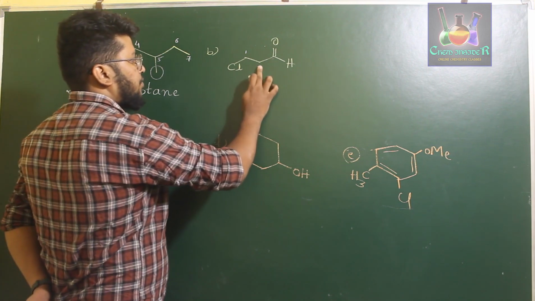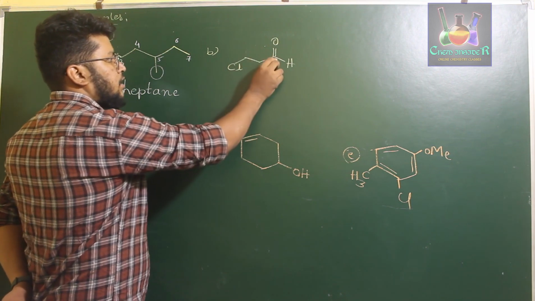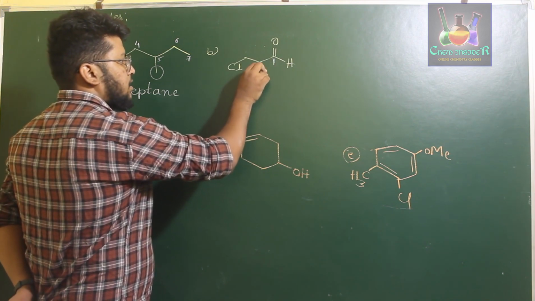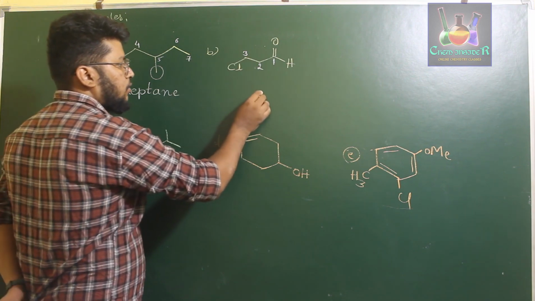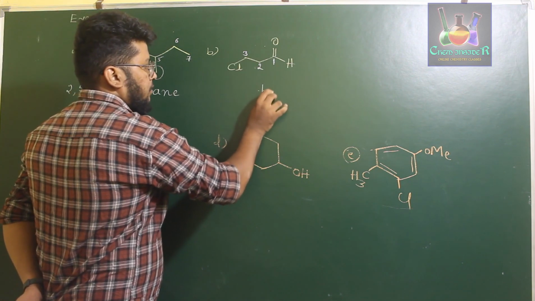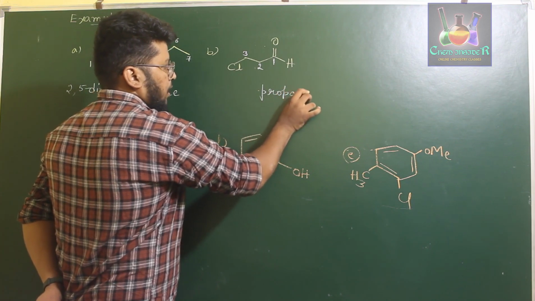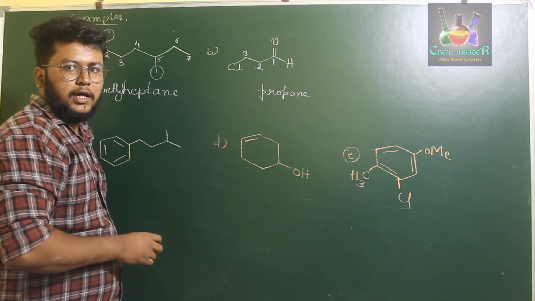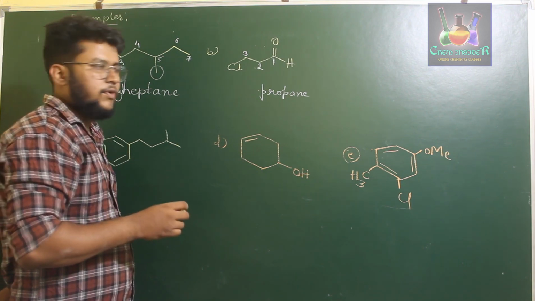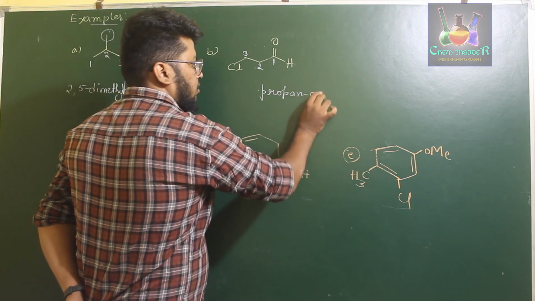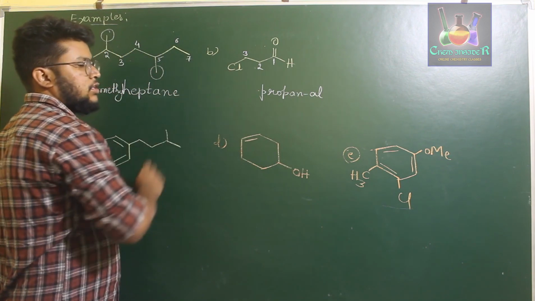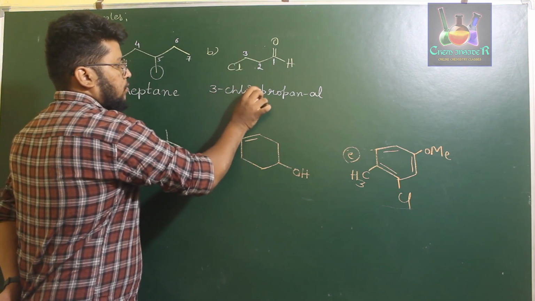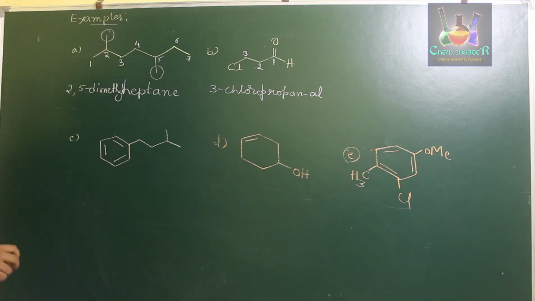So the functional group which is principal in these 2 conditions is the CHO group, the aldehyde group. So this is the first carbon, second carbon and third carbon. So the 3 carbon chain is, right? Propane, if you write it as propane. Since we have a CHO group at the terminal position, that is an aldehyde. An aldehyde should always have the suffix al, right? Propanal. And the Cl group is present at the third position, given by the prefix 3-chloro. 3-chloropropanal. The name for the compound is